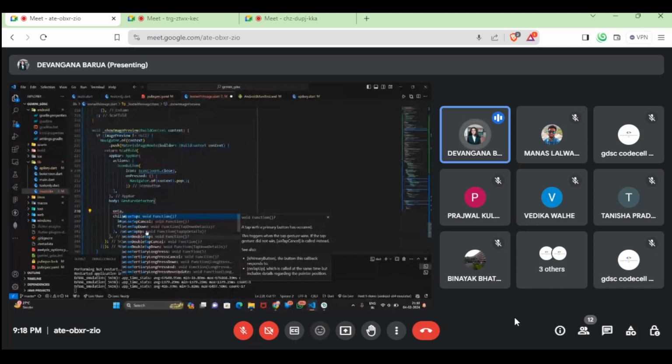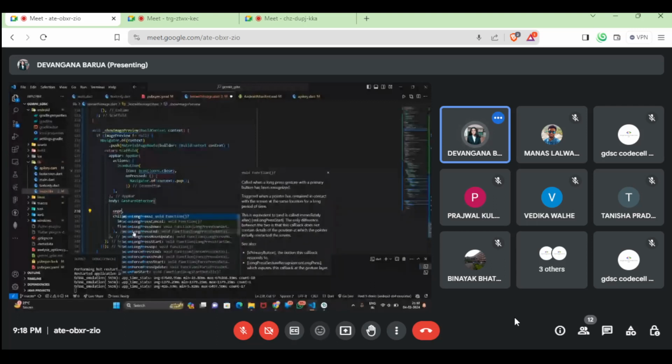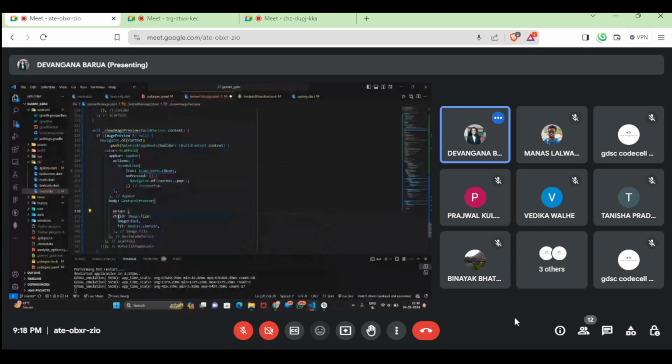so many properties on it? On tap cancel, on tap down, on double tap. I'm sure it will also have on pressed, on long press cancel. So it has all those gesture type properties. We are going to use on tap. Inside on tap,